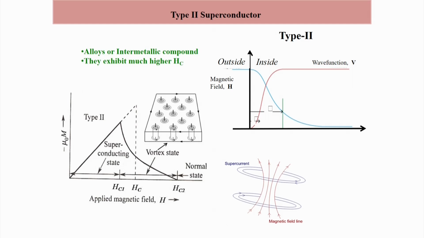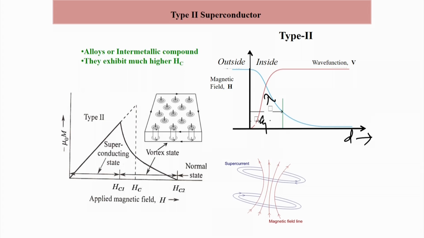So, this is lambda and this is xi, and now you see that the field penetrates much further into the superconducting sample. This d is the distance inside the sample,